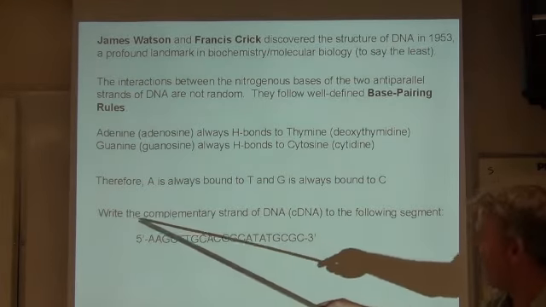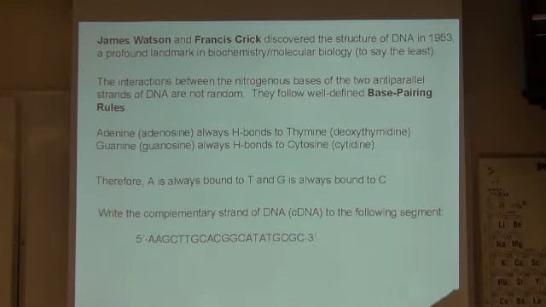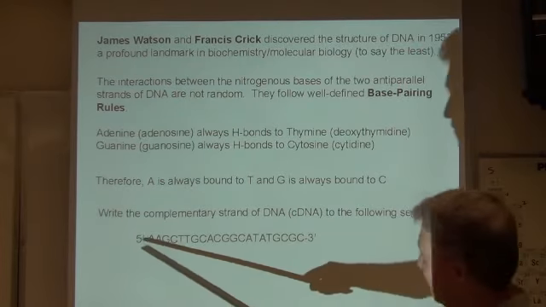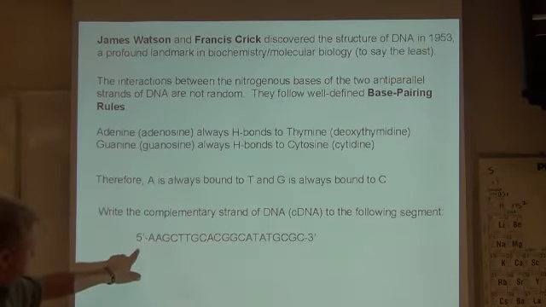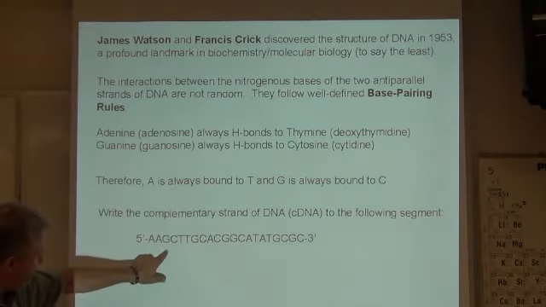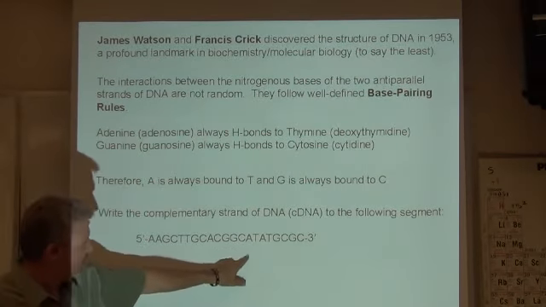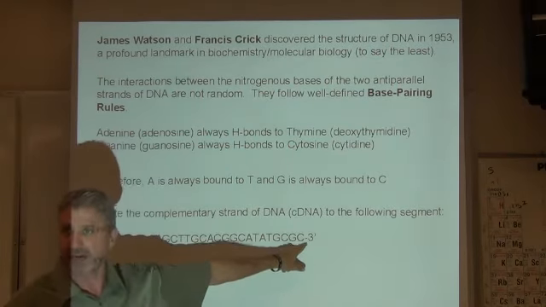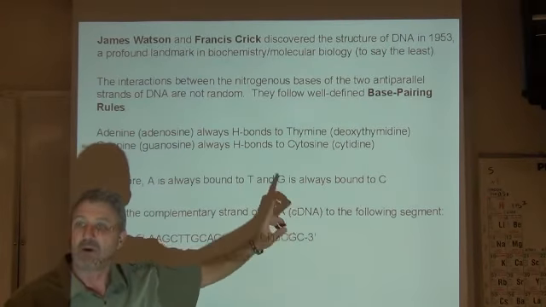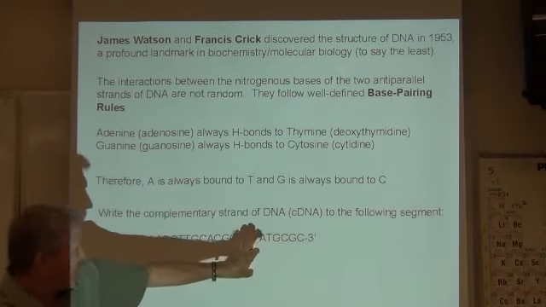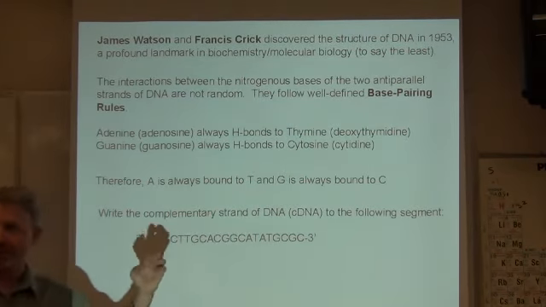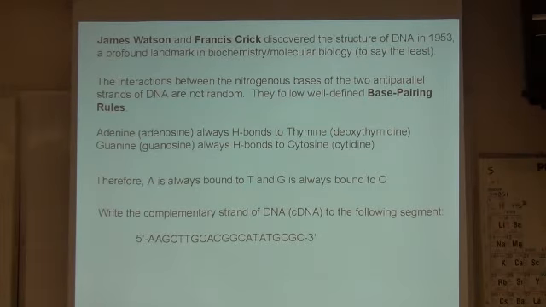So if we were asked to write the complementary strand of DNA, which we call cDNA, to this particular segment, what we would have to do first is run the segment 3' here, and then employ Watson and Crick's base pairing rules to determine the segment, and then end with 5'. But we always write DNA in the 5' to 3' direction. So we'd have to pick this up and flip it over in order to get the complementary strand.